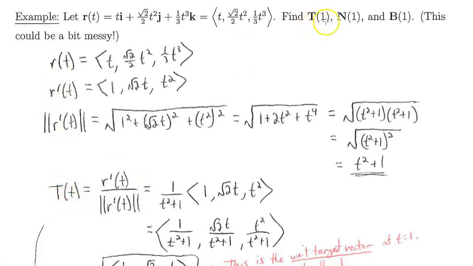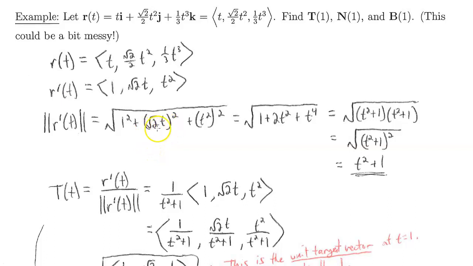Now ultimately we want to figure out T of 1, but let's figure out T of t first, and then we'll plug in t equals 1. So T of t is R prime of t divided by the norm of R prime of t. We have R prime of t already. The norm of R prime of t would be the square root of this squared plus this squared plus this squared. And if you do this, you get the square root of 1 plus 2t squared